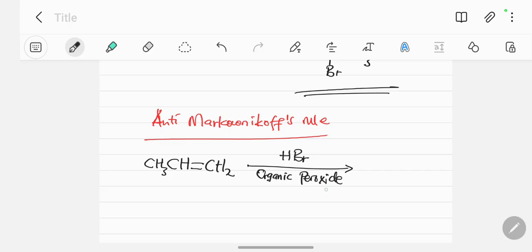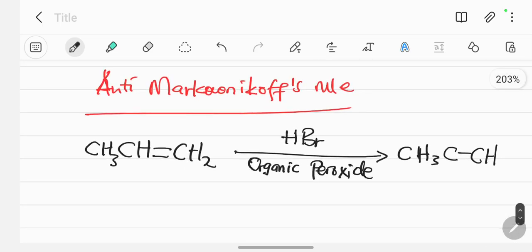It's going to give me CH3, CH3, it gives us CH. Now the difference with the anti-Markovnikov rule is like when you